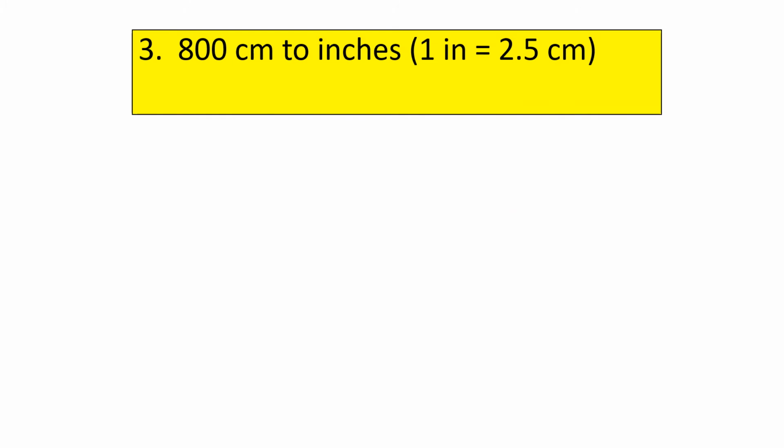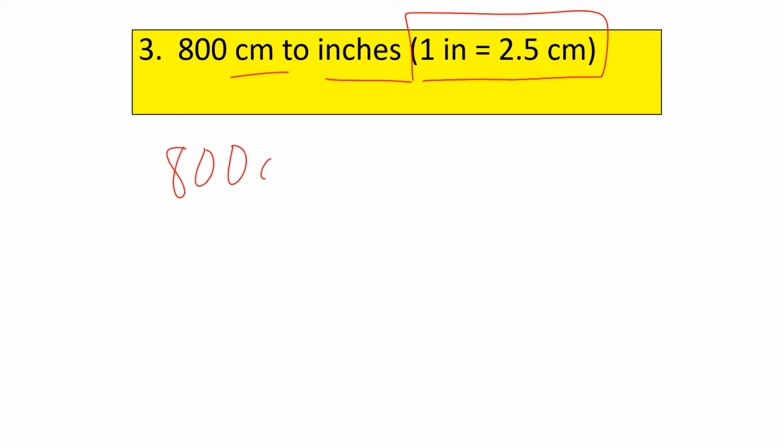Here is a dimensional analysis problem that is not in the metric to metric category. It is a metric to English unit. So whenever you're going from a metric to an English conversion, the conversion factor should be given to you somewhere in a table. So here you don't have to determine where the 1 goes. The 1 should be shown next to the unit it belongs with. So the procedure is the same though. You start off with your given 800 centimeters,